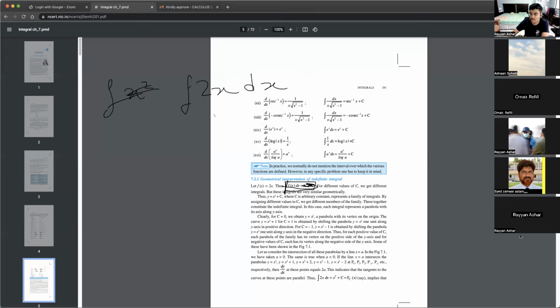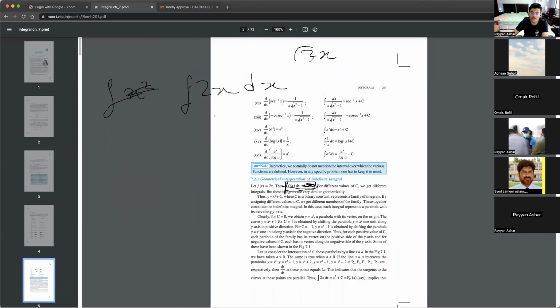If we integrate that, it will result in 2 into x squared by 2. Okay, so how exactly is that possible? Which formula did you use? Integration of x. Yeah, x to the power of n plus 1 by n plus 1. Exactly. So, like Abrar said, when we integrate 2x,